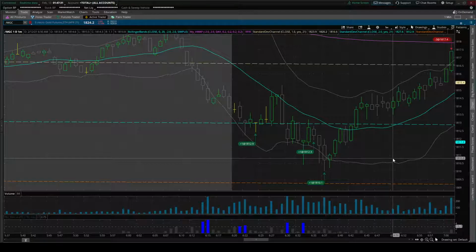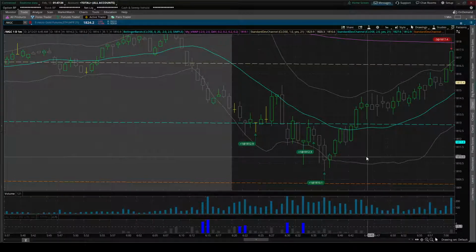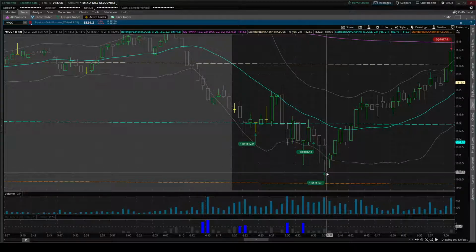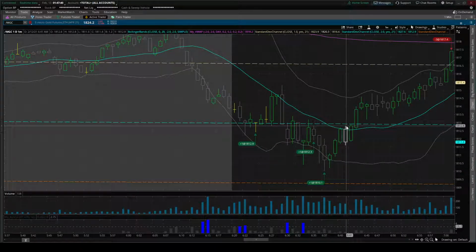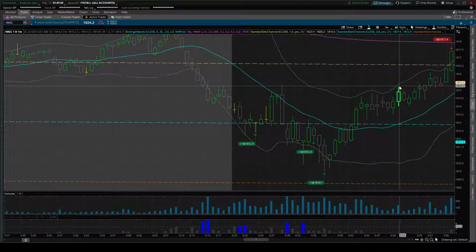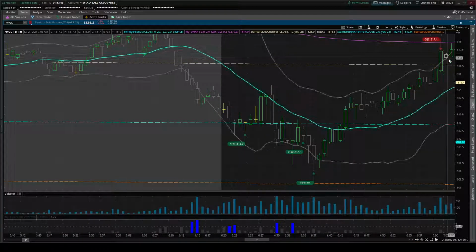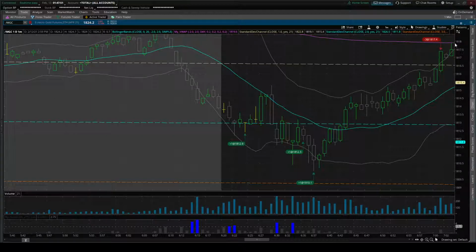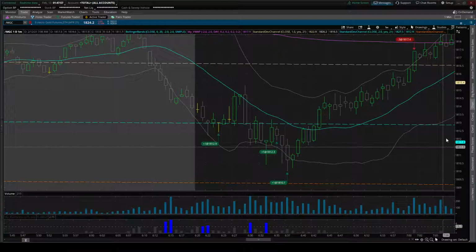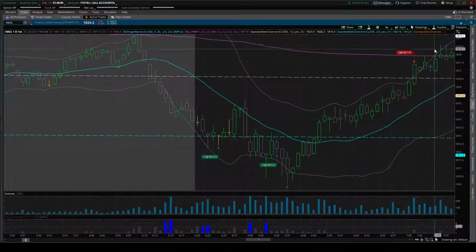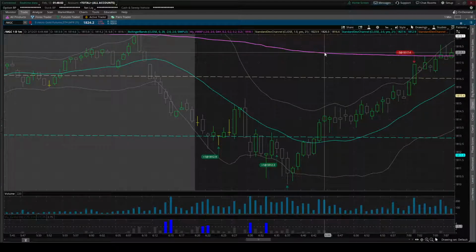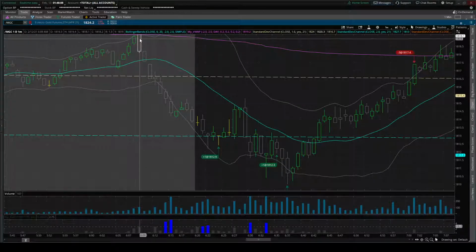In terms of counting waves, here we get the reversal, and you get wave 1 up, wave 2 up, wave 3 up, let's see if that's a wave 4. That's a wave 4 up. And yes, I didn't hold for a wave 5 move. I took my profits. However, there was a wave 5 move, and you see wave 5 here and a pullback. So, your target could have been VWAP or someplace along this candle for a retracement. So that's my trade